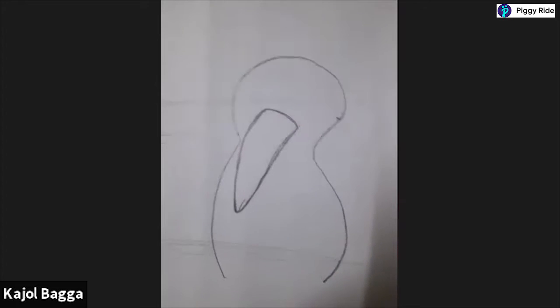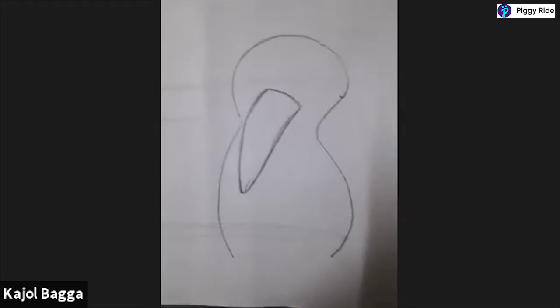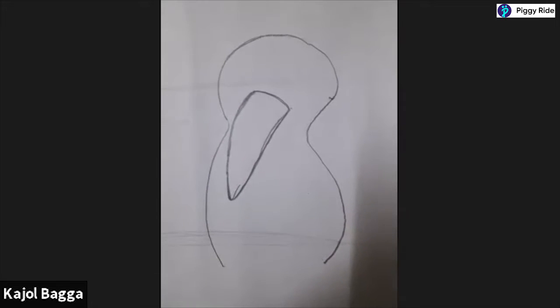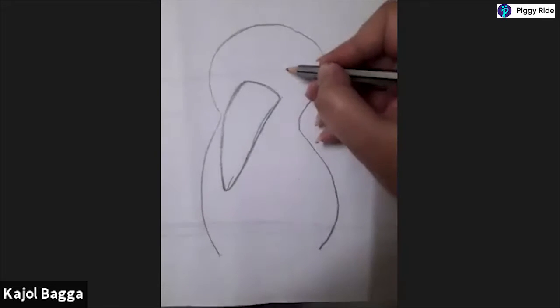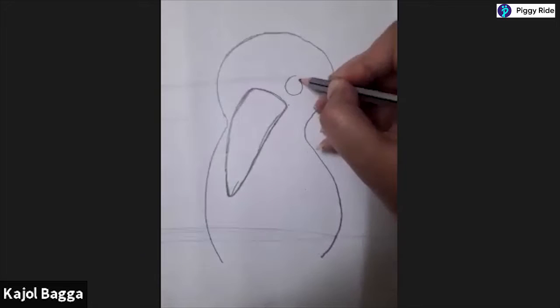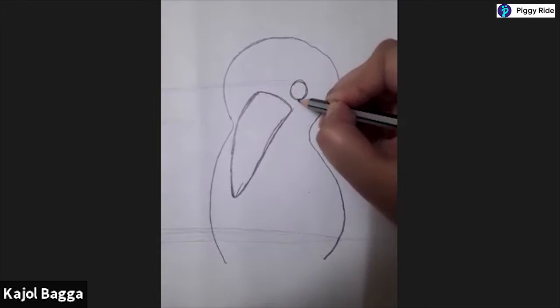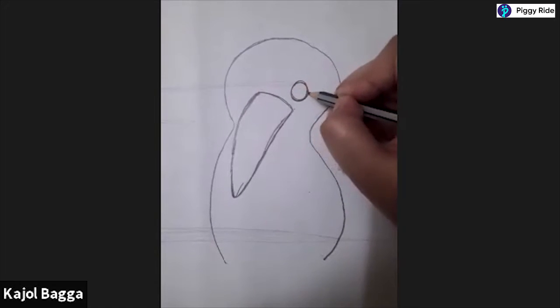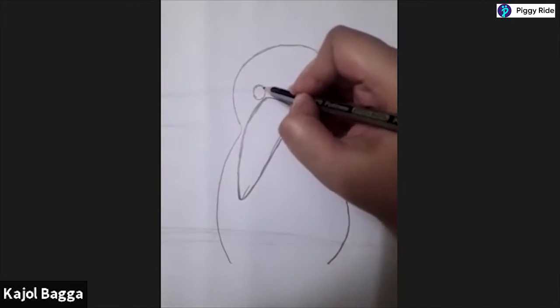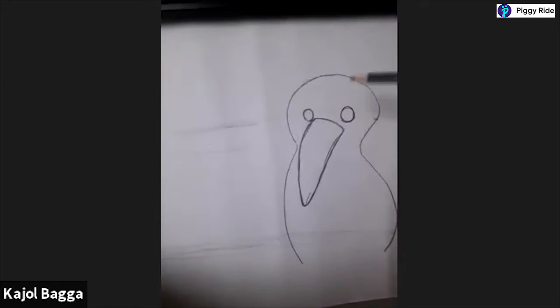Have you seen a bead? Beads should be like a circle, like googly eyes. So it should be a small circle, like this. And you can make it a little bit darker. This is the first layer of our picture and this is the second one. So we are making the bird in both these layers, okay?